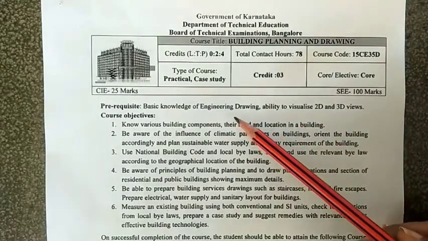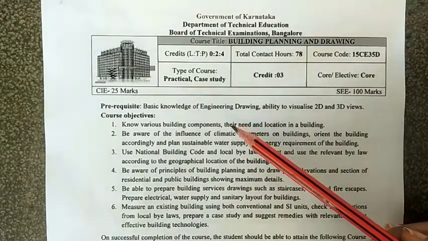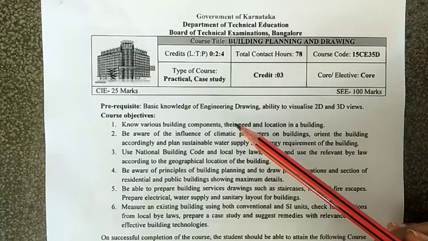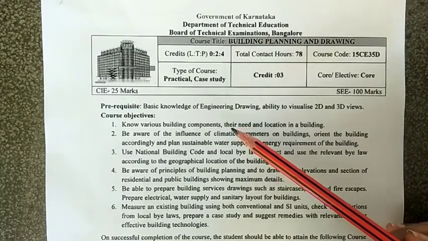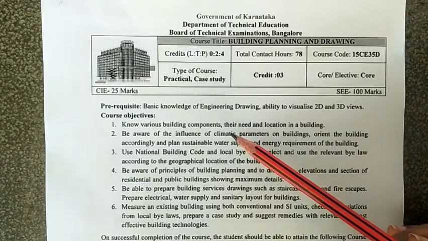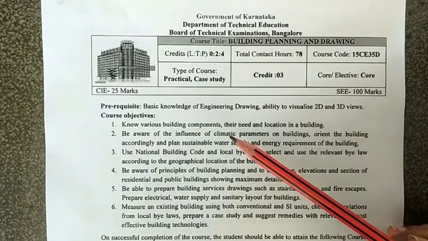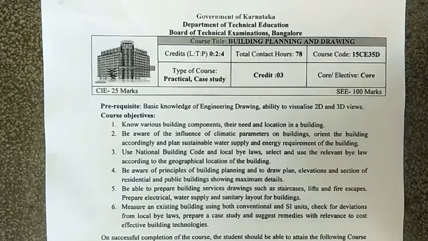That is, as you have already studied in your first year about ED1 and ED2, you are able to understand how to do the line system, dimension system, how to put the symbols and arrows, as well as how to draw the plan, elevation and section. And in your 2D and 3D views, you already know how to do 2-dimension as well as 3-dimension systems.